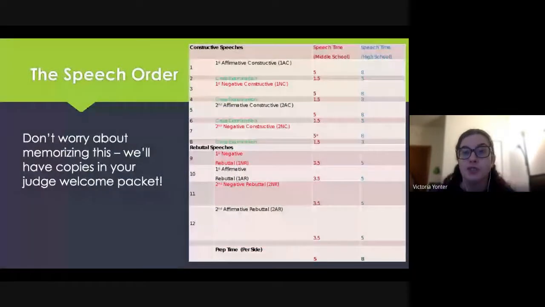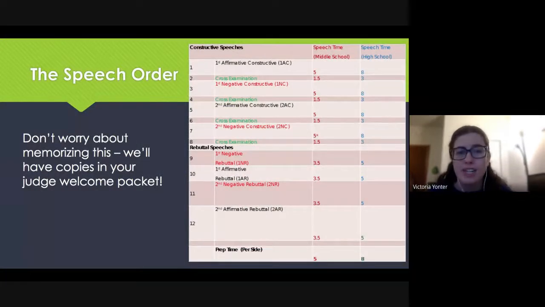This is the speech order. Don't worry about memorizing it. We'll have copies in the judge's packet. We'll have copies in the school packets. We'll have resources online. We'll have it all sorts of places. So don't worry. But you'll see first the affirmative speaks, and then the cross-examination, the negative speaks, the